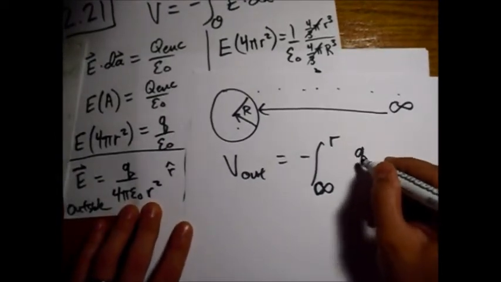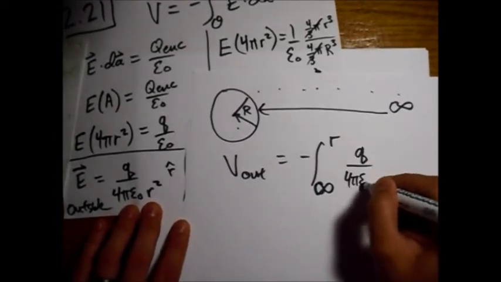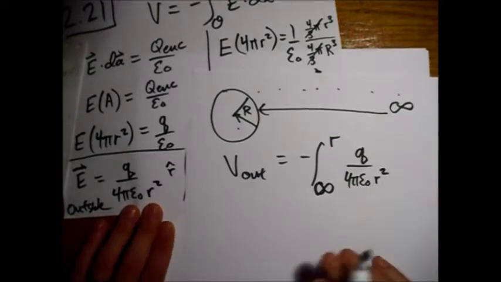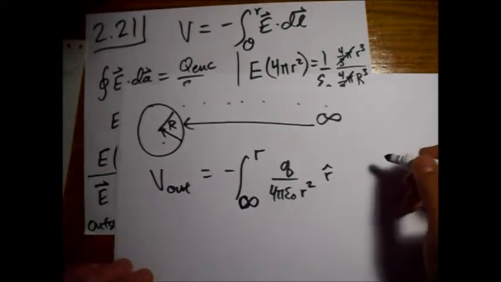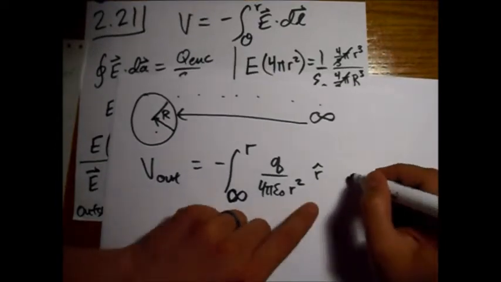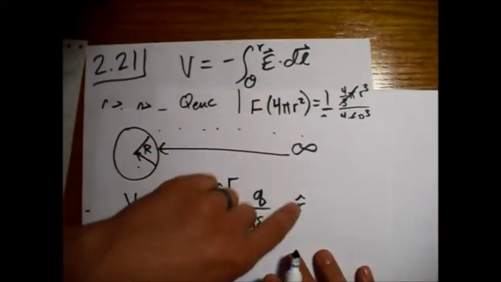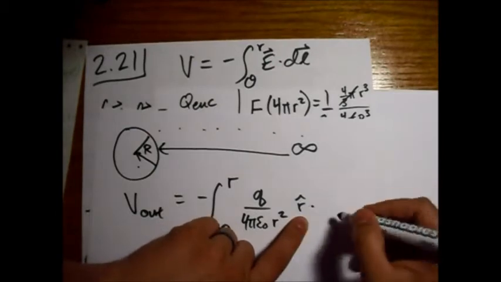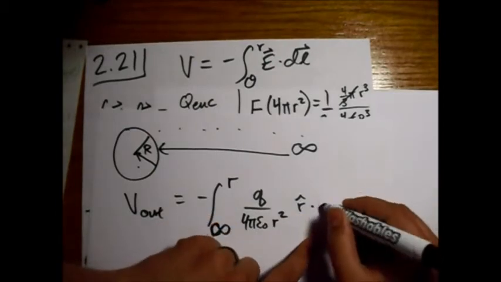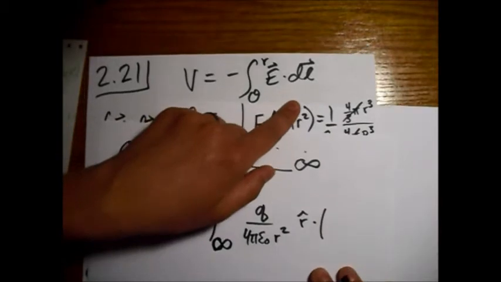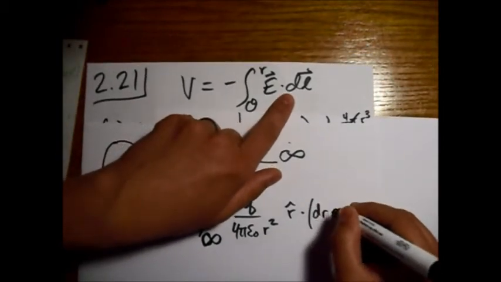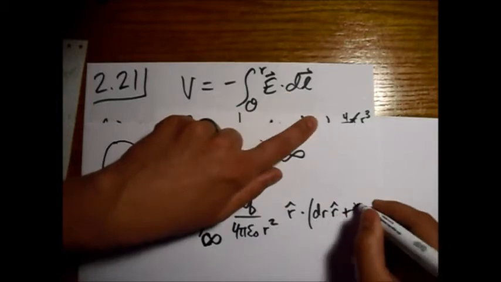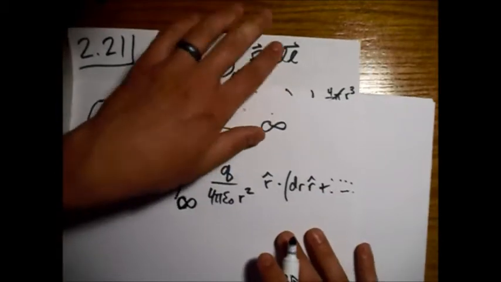So we have Q over 4 pi epsilon naught R squared, and that's on R hat, times, and then we take the dot product of this with the dl. All right, so that's a dr R hat plus a bunch of other random stuff